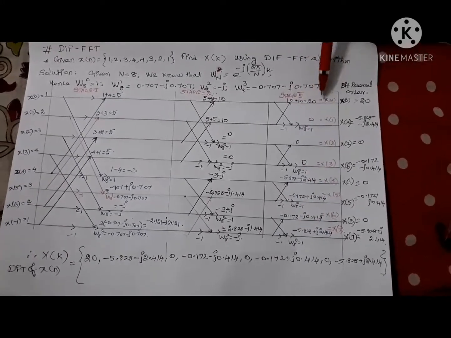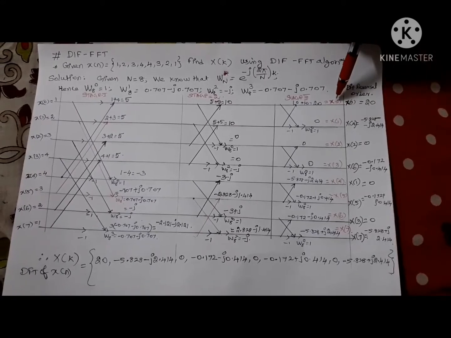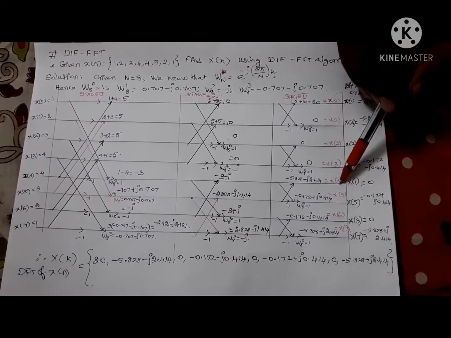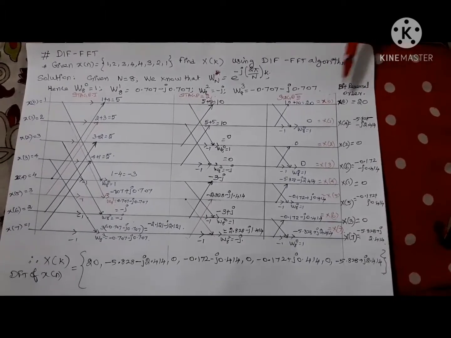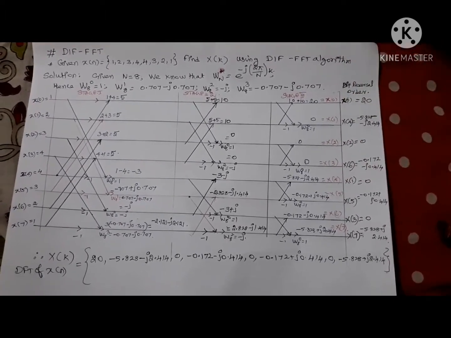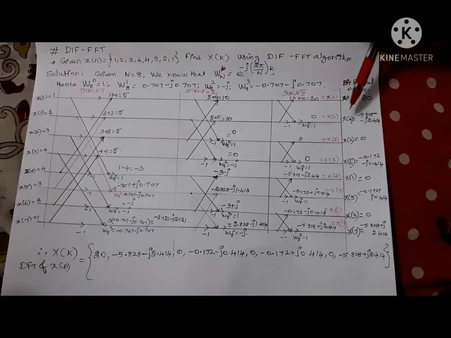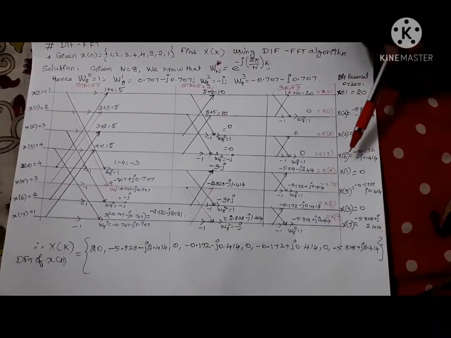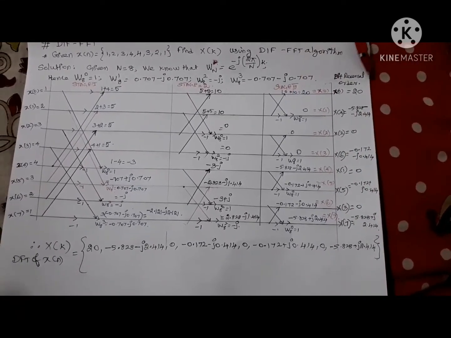Okay. So the output of stage 3 will be written as X of 0 value, capital X here. 0 position, 1 position, 2 position, 3, 4, 5, 6, 7. So then final output is bit reversal order. The output of stage 3 will be considered in bit reversal order. So bit reversal order, I already told: X of 0 position, 4 position, 2 position, 6, 1, 5, 3, 7. So 0 is as it is, 20.